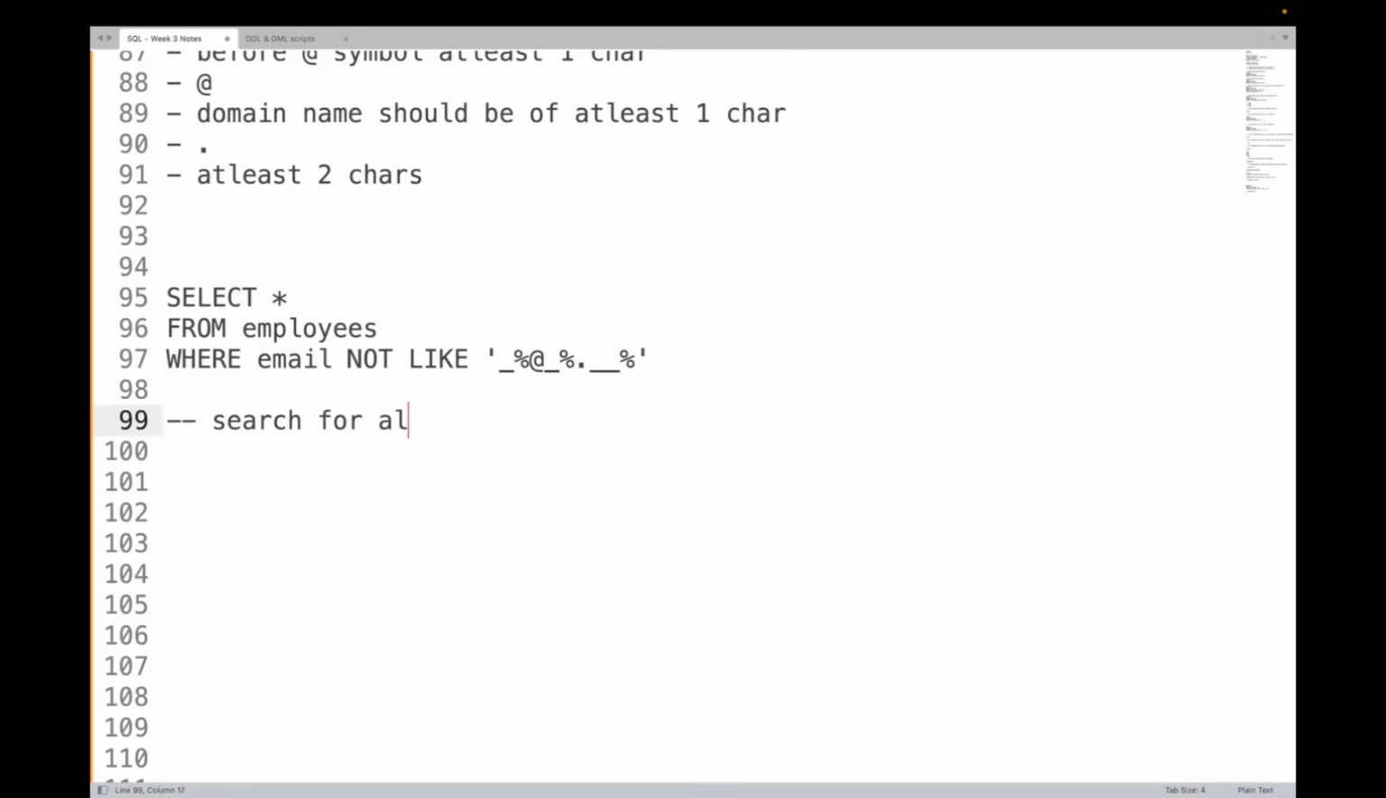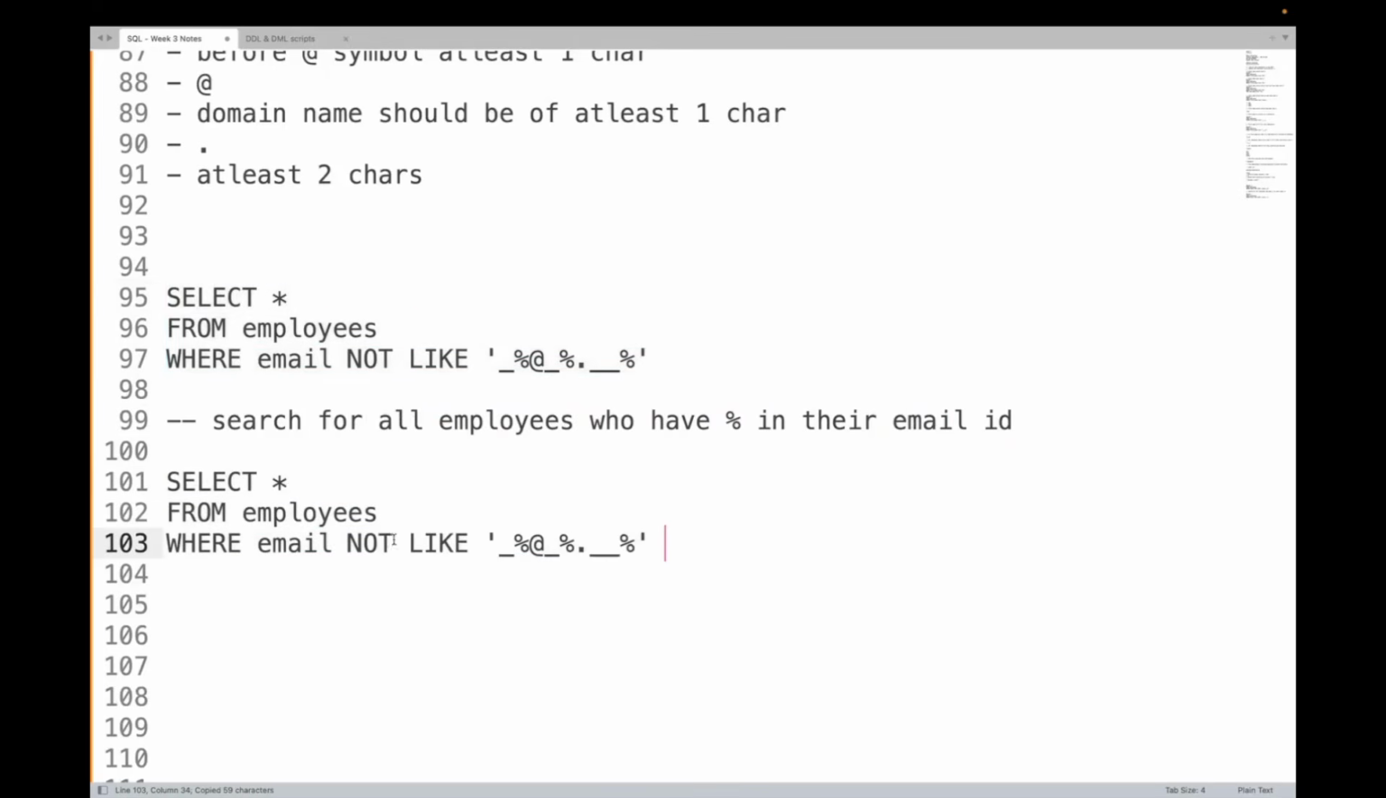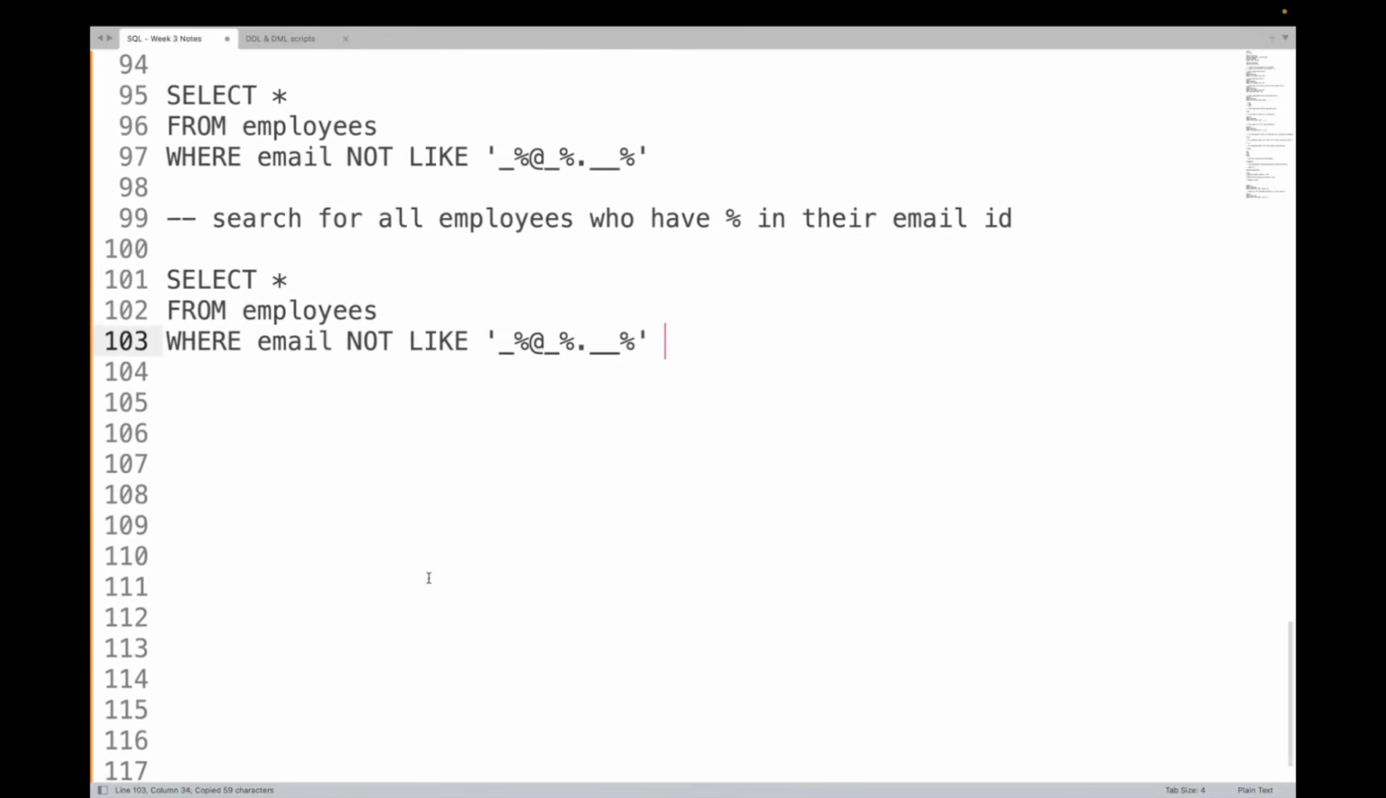Search for all employees, or list all employees, who have a percentage symbol in their email ID. Then what can I do? Let me just take this. Select star from employees where email like, and then what I will say is